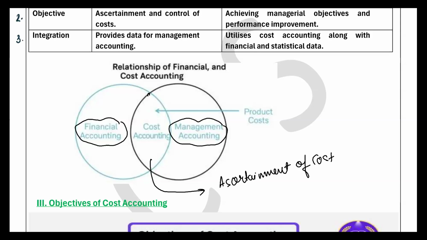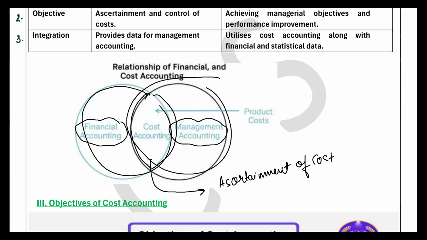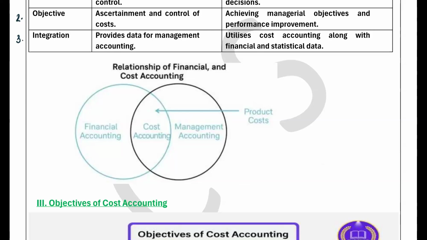Managerial accounting is comprehensive, because it will think about the stakeholders, the company's point of view, and the manager's point of view also, right? It will not think only for the company, management accounting will also think about the stakeholders, it will think overall. And financial accounting will think only for the company, whereas cost accounting will think about the different costs involved in making the production, right? That is a costing technique. So it is in the middle, and management accounting is the comprehensive of it. I hope it is very much clear to everyone.